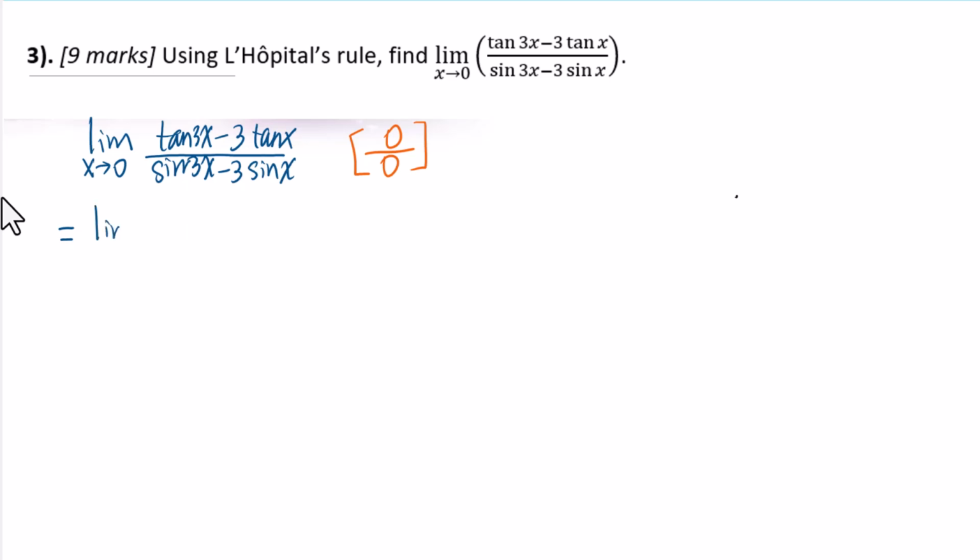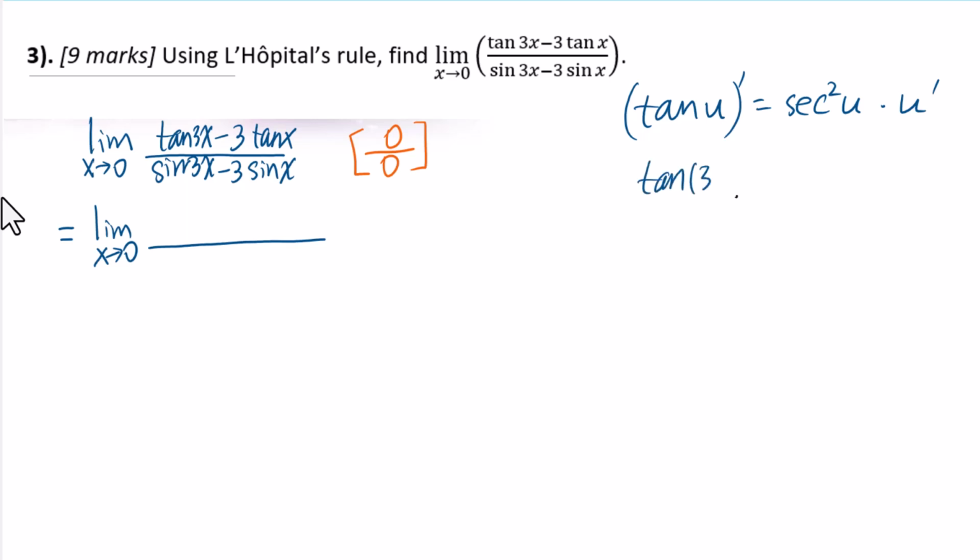Equals limit as x approaches 0 of. We do know tangent u prime equals secant squared u times u prime. So for tangent 3x prime equals secant squared 3x times 3. So we got